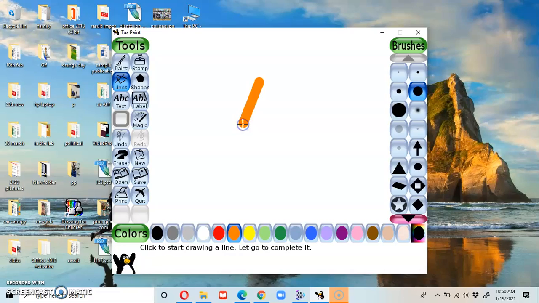You can see this thickness, and this thickness. You can change the thickness of the brush from here. Click and hold the left mouse button and move the mouse pointer on the drawing canvas. Release the mouse to draw your lines. You can draw the lines in this way. You can draw anything with the line tool.